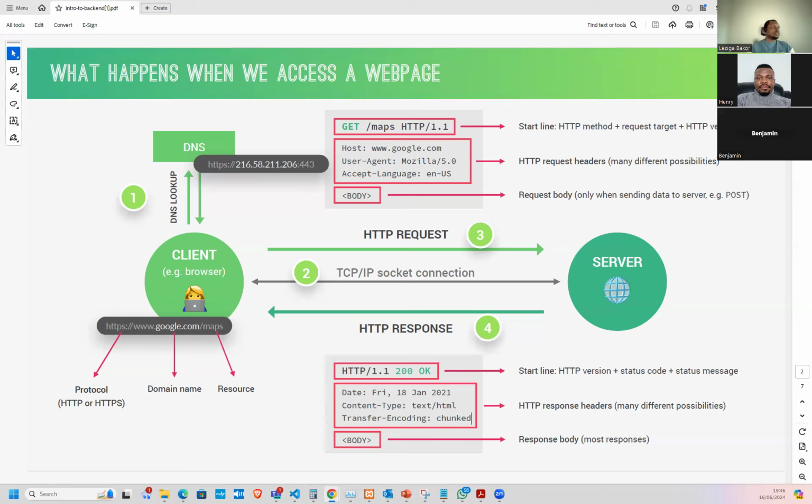When a resource is not found, like when you go to a URL and it's not found, you query it and that is the standard error. And then when you develop your own application, you can also